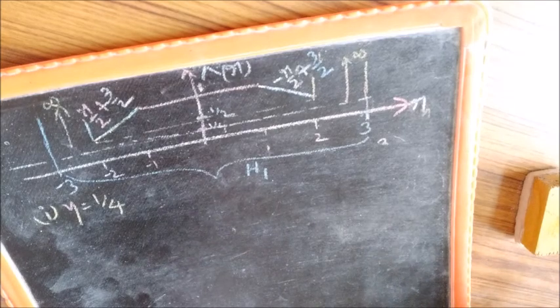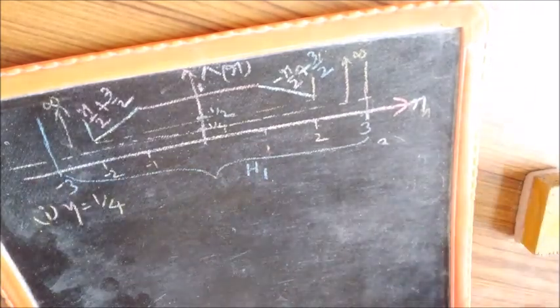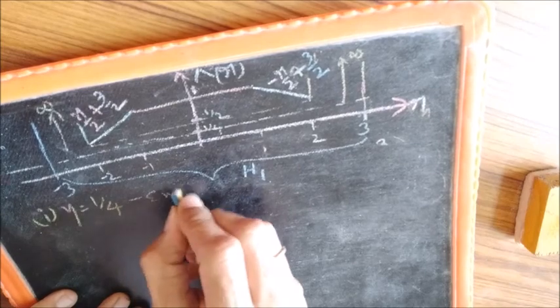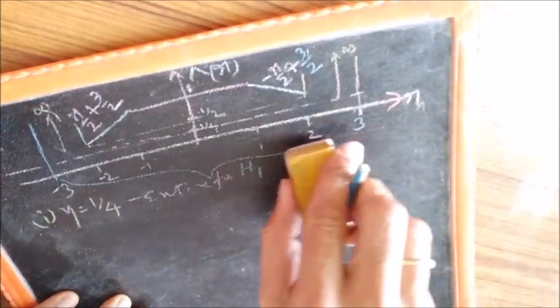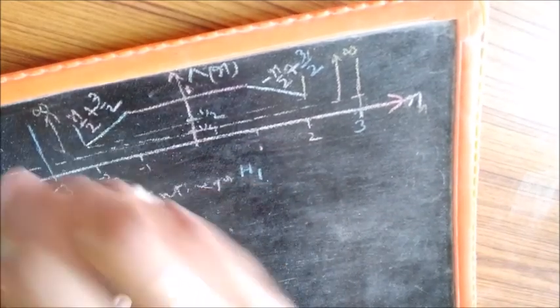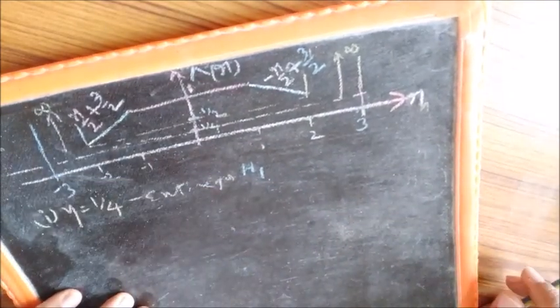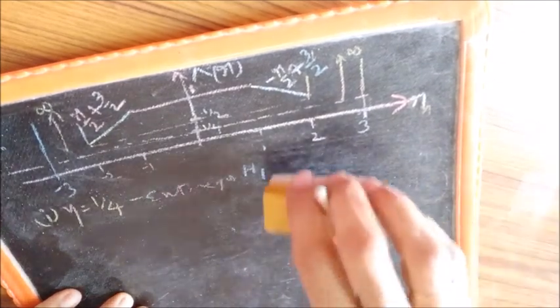And you can receive only a value of R from 3 to minus 3. And you have set eta as 1 by 4. So this is the answer to the first part. So we will write here: entire for H1. For eta equal to 1 by 4, the entire region is for H1. And